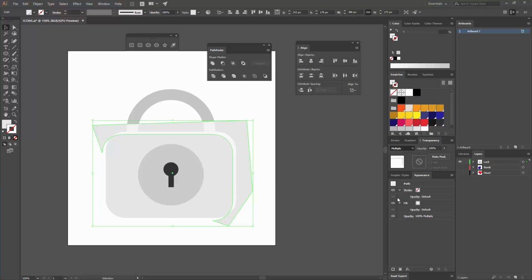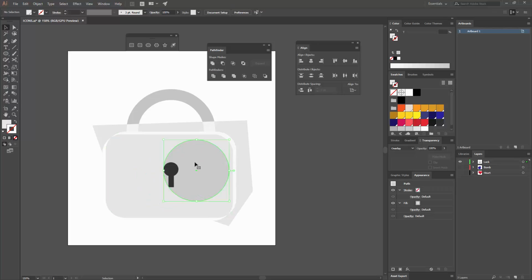So I can go and try overlay, and you can see how that is working better. So I think I'm going to work with that. And now something that I also want to do is actually give it some shadow here to this